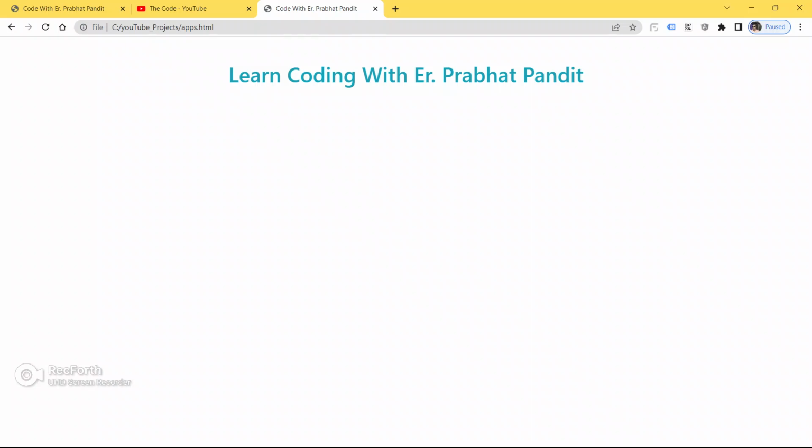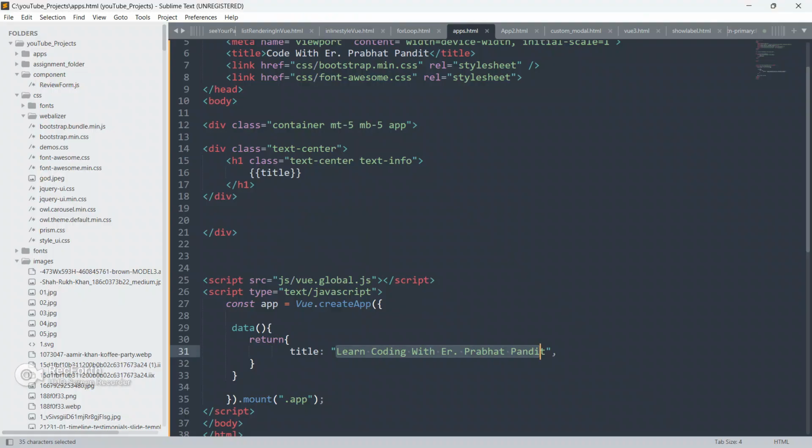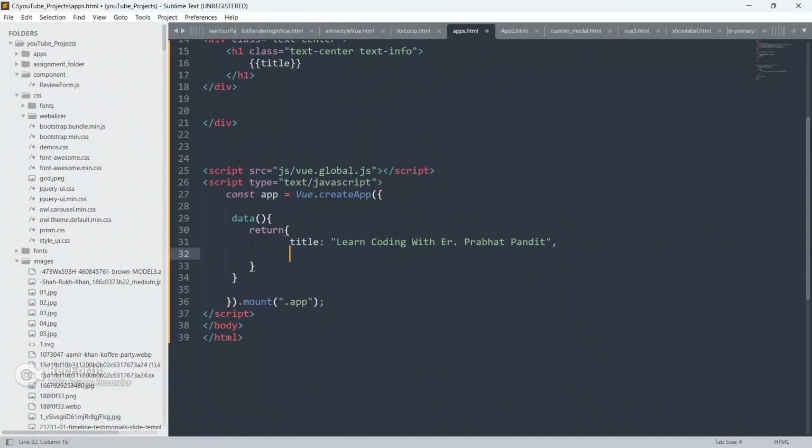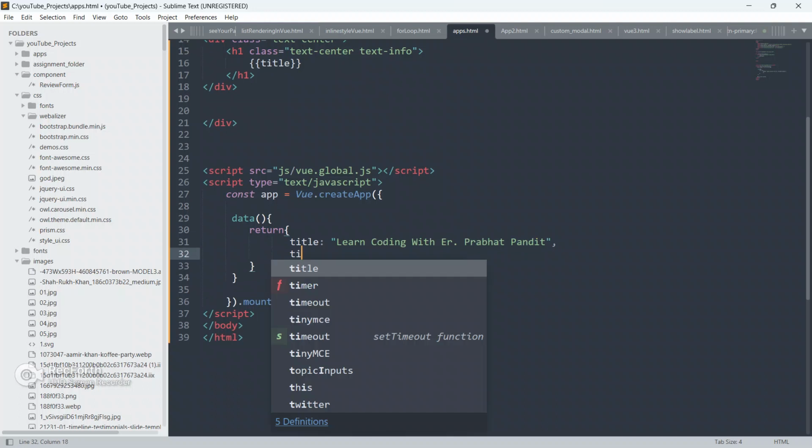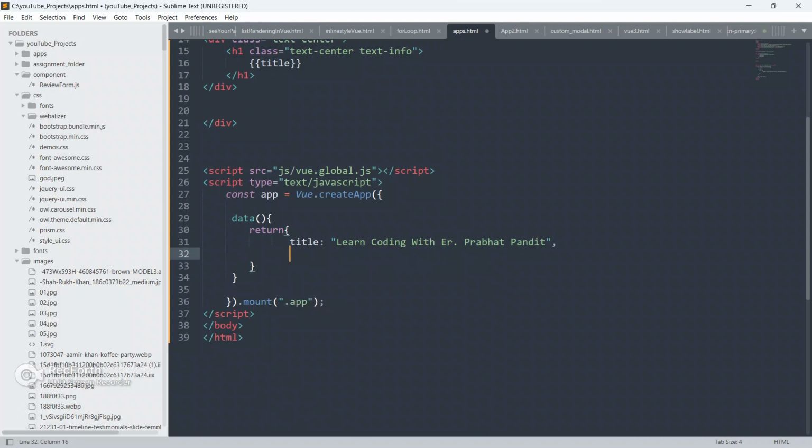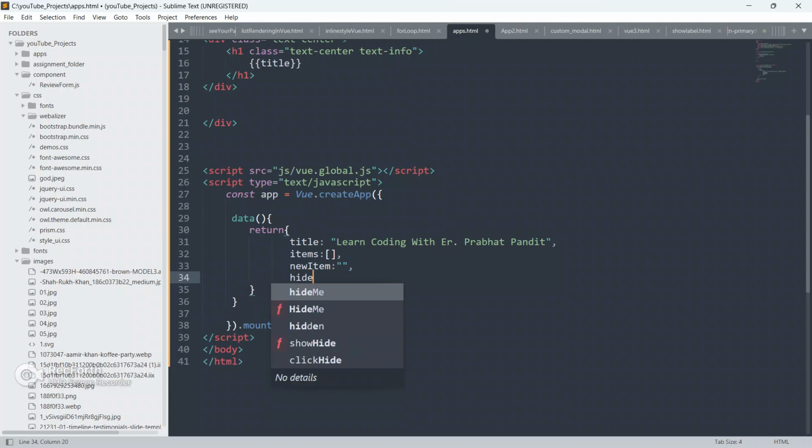So now I am gonna create some more variables in the Vue.js instance. I'm gonna create an array named items, and give an empty array as of now. I'm gonna create newItem as of now, and give it an empty string.